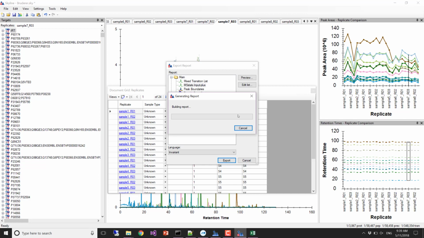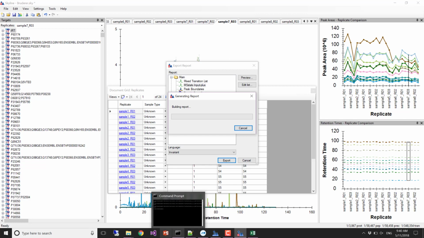So anyway, I'm just going to cancel out of this because we had the report. I guess you could too. I guess that's sort of the end of what we're going to do with Brooder until we get to the statistics. So we can wait and we'll see if anybody manages to finish